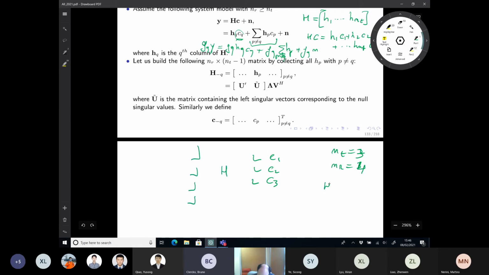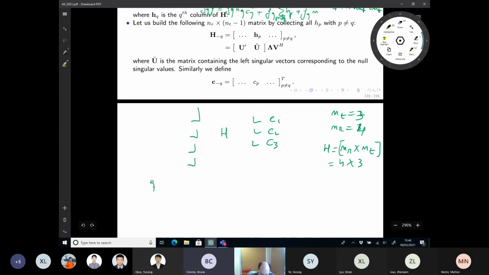So I have H. H is NR by NT, and NR by NT is 4 by 3. Let's imagine my Q is 1. So I can write H minus 1. Following this, I want to decode C1. That's the one I'm interested in. So H minus 1 will be,